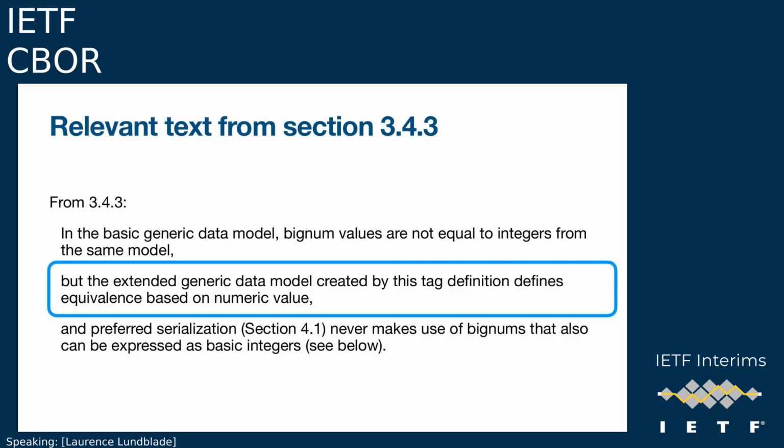I don't want to do an academic discussion about equivalence here. I don't have a good phrase, maybe I'll come up with a better one, but the main thing I'm saying is that when you are encoding a number smaller than the 64-bit max, you can never encode that as a big number. You must encode that as a major type 0. That's basically what we're saying. Is there any other flavor of equivalence or something like that we need to